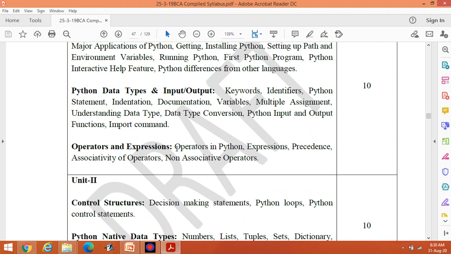In the previous lecture, that's lecture number 8, I discussed some of the operators in Python. Let's continue with that content because there are various operators inside Python.